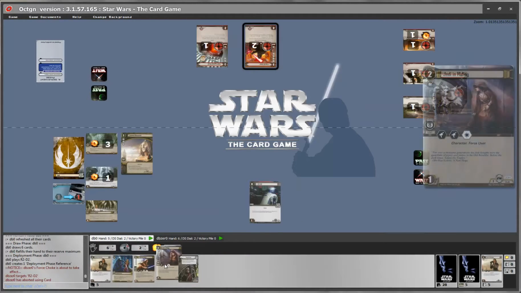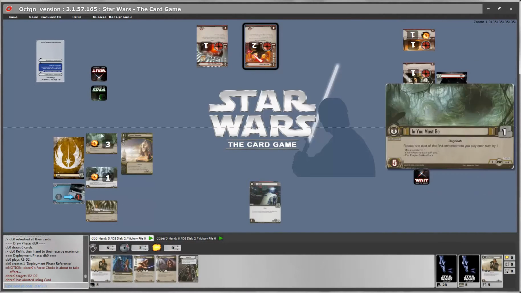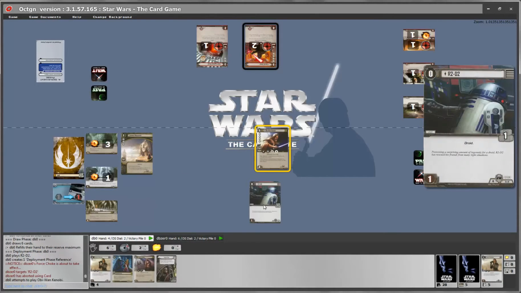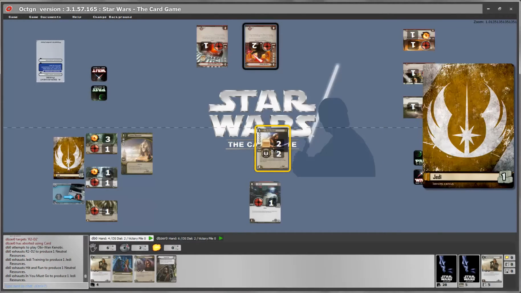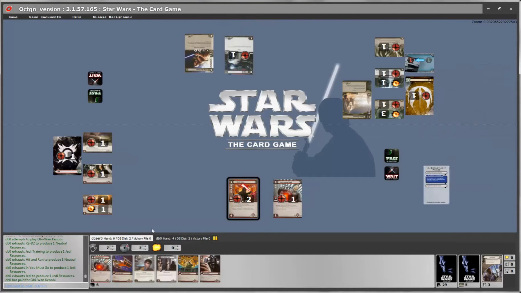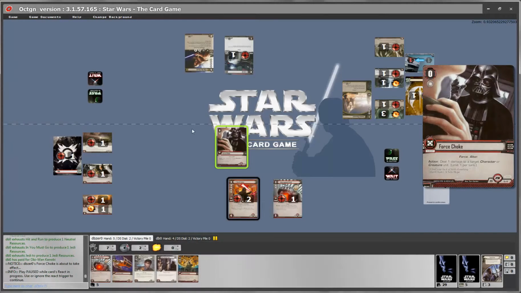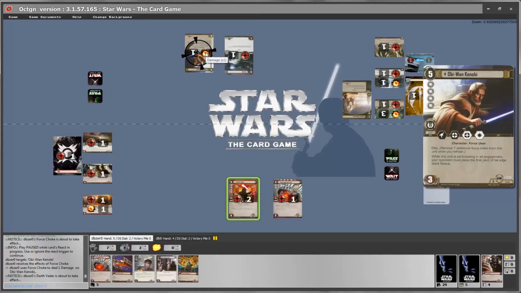So let's continue. Now that I have 5 resources, because I have 1, 2, 3, 4, 5, let's try to bring Obi-Wan Kenobi in the game. So Obi-Wan Kenobi, double click R2-D2, 1 resource, 2, 3, 4, 5 resources. Obi-Wan Kenobi comes in. Now again, the dark side player has a reaction. This time I do have a valid target for this effect. So, force choke again, targeting Obi-Wan Kenobi. Now we have a valid target, we double click on our effect. What happened? Obi-Wan Kenobi got a damage token.